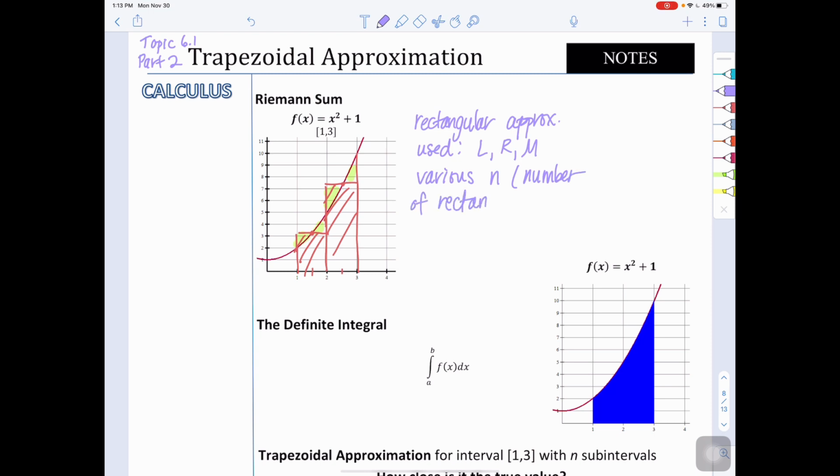And what we noticed as N approached infinity, as N just got larger, the approximate area looked like it was approaching the actual area under the curve. And that is very, very true. So as we increase the number of rectangles, our approximate area gets closer and closer to the actual area under the curve. So we come up with this general statement that the area under the curve